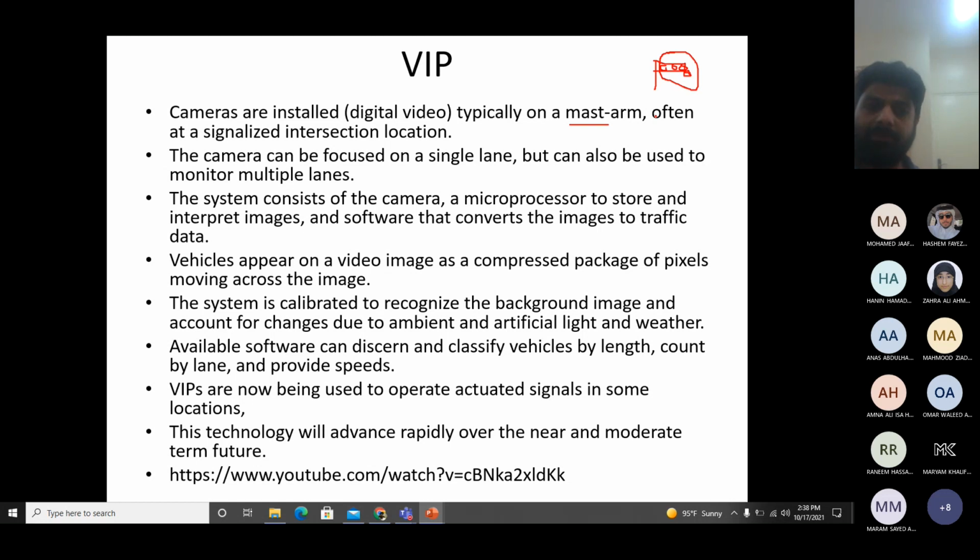A VIP system consists of three things: a camera, a microprocessor, and a software. Camera, microprocessor, and a software. The camera is to record the video. Now we are talking about traffic cameras, cameras which are used for traffic data collection exclusively. So these are special cameras. They have slightly advanced microprocessors in them. So you can calibrate